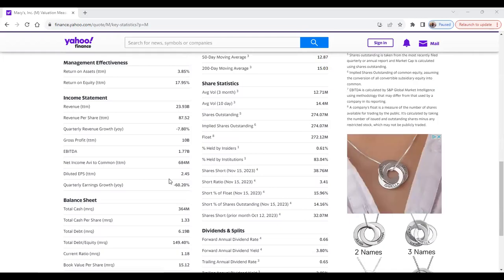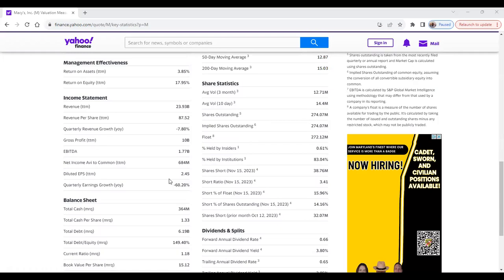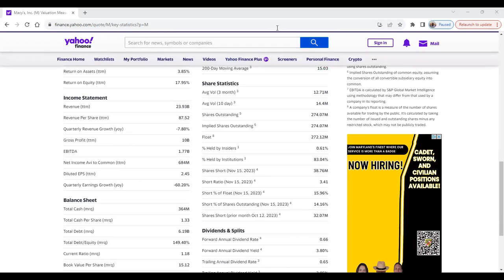But like I said, Macy's is about to be bought by another company, and they're offering a $5.8 billion buyout. Because of that, the stock price has appreciated, it's going up, while the discussion of the buyout is going on. Somebody trying to make quick bucks can just buy and watch it for a few weeks or months and see if they can sell it and make more money. But for long-term investing,